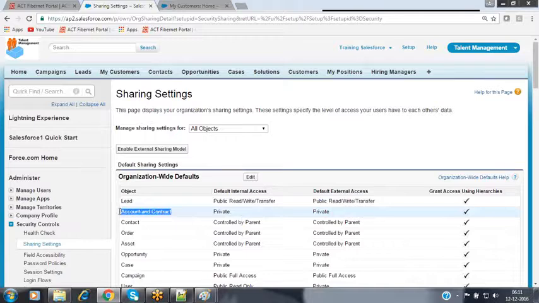Now when the object's visibility is private, that record is visible only to the owner of the record and his manager as well. The other users inside the organization cannot see that record over here.